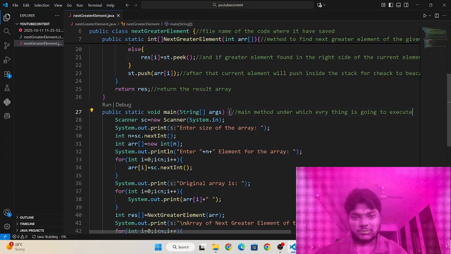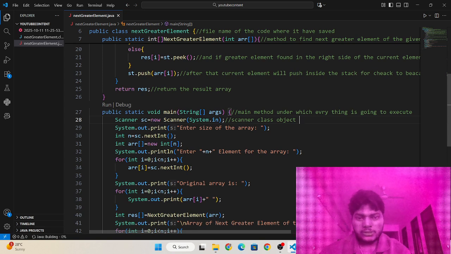Okay, this is the scanner class object, sc is the scanner class object.